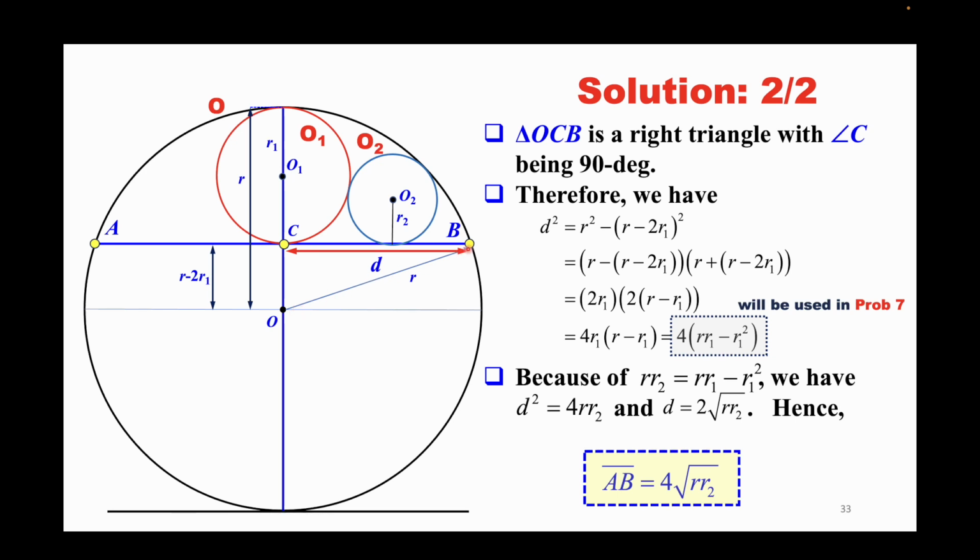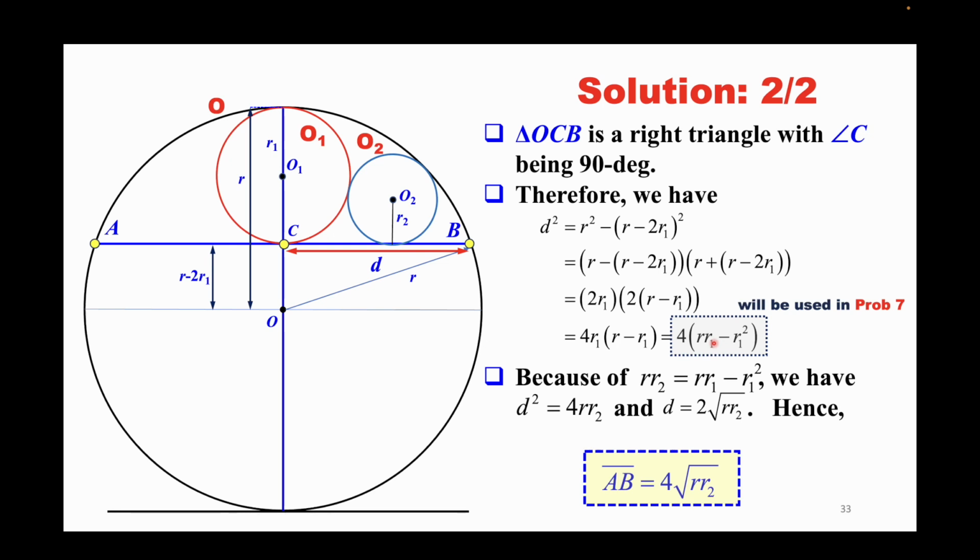So in this right triangle, we know R squared is equal to the square of this and the square of D. So D squared is R squared minus this square. Again, we apply A squared minus B squared being equal to A minus B times A plus B. So after some simplification, we have this,